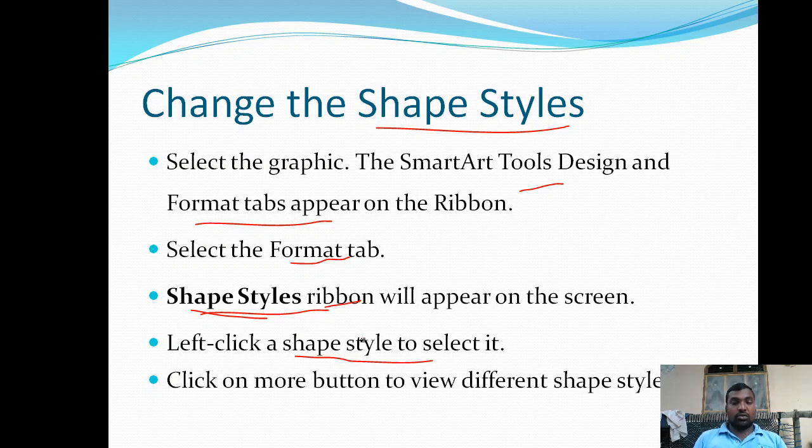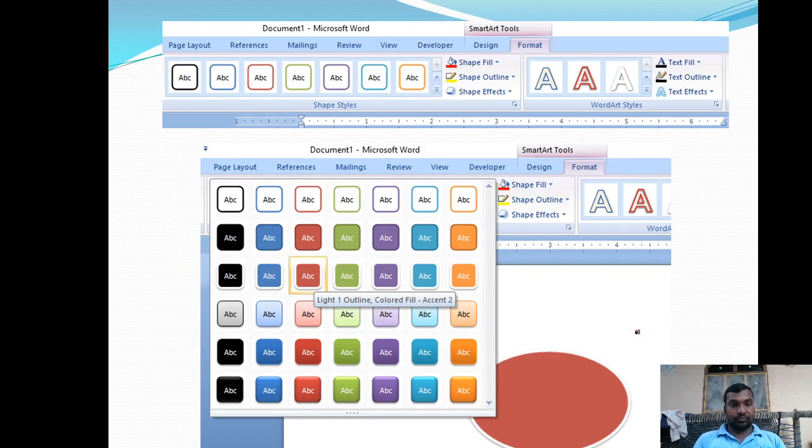Choose the appropriate shape you want. Left click on the shape style you want to select, and click on the more button to view the different shape styles available in the system. If you click on this more button, all the available shapes will be displayed here.